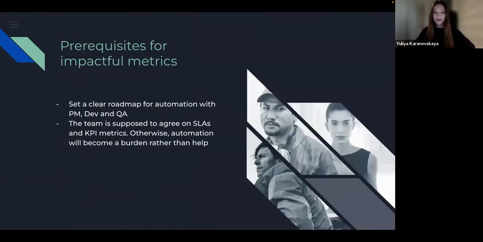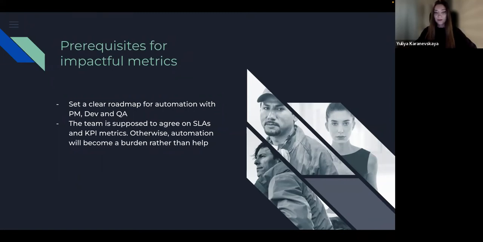And only when the team has a clear understanding of test automation importance, you can go to discussing and setting up metrics for your particular project. Today, we take up those metrics that will help you in your career, will help you to enhance the quality of the project and get the process of testing in the right direction.